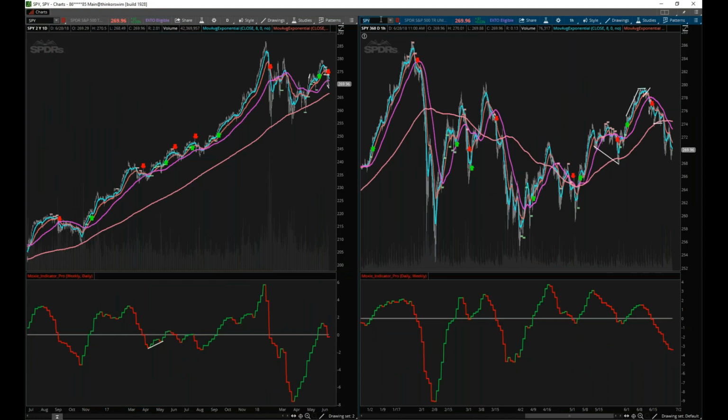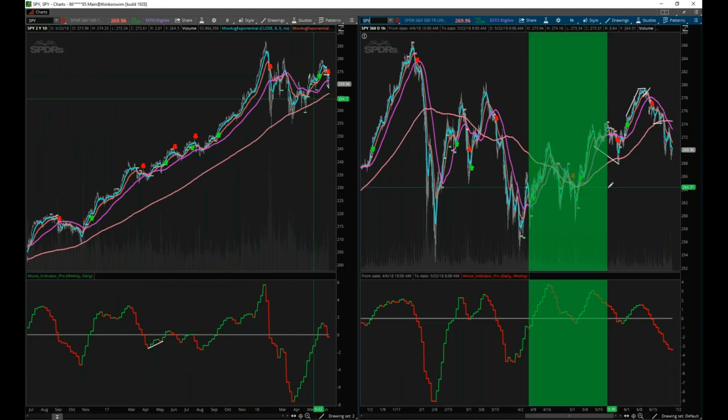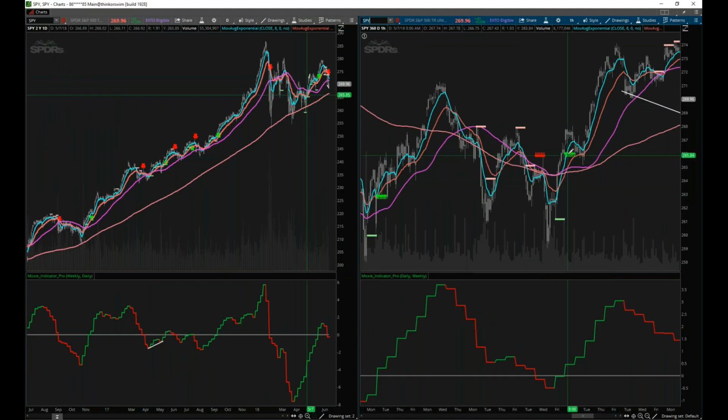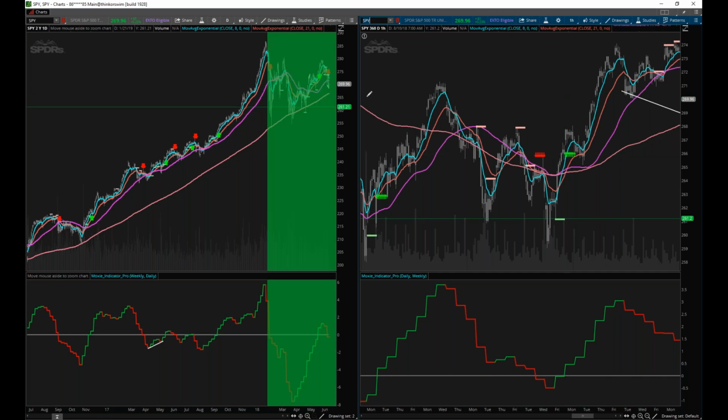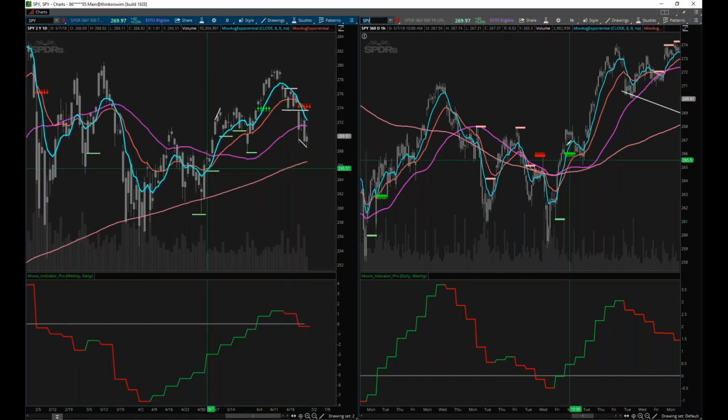I know my charts aren't up here again. There we go. Okay, so now let's go back here. Here's just a good example right here, guys. You see how we got our trigger here, and you see how it's up above. Now this is the hourly chart, and primarily I'm an end of day trader. As far as my swing trading, it's end of day. So we'd be getting a bunch of these bars right here, and I would look for the end of day to confirm that the daily bar has closed over the moving average.